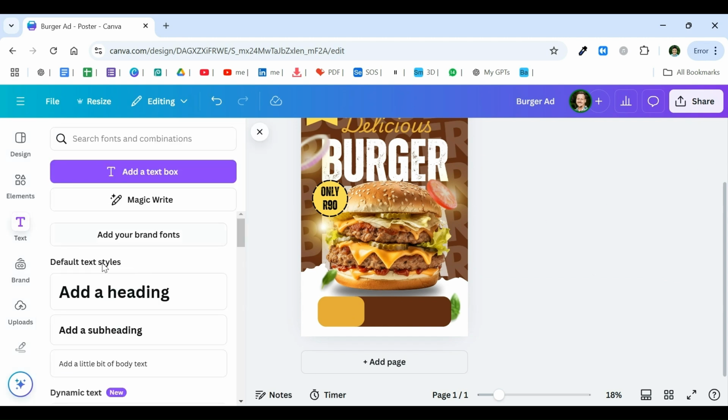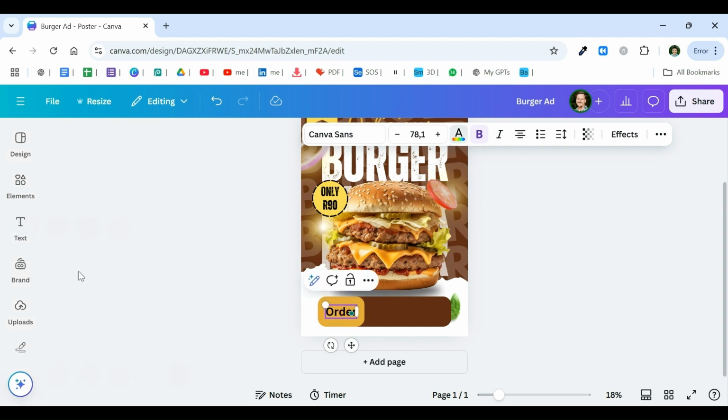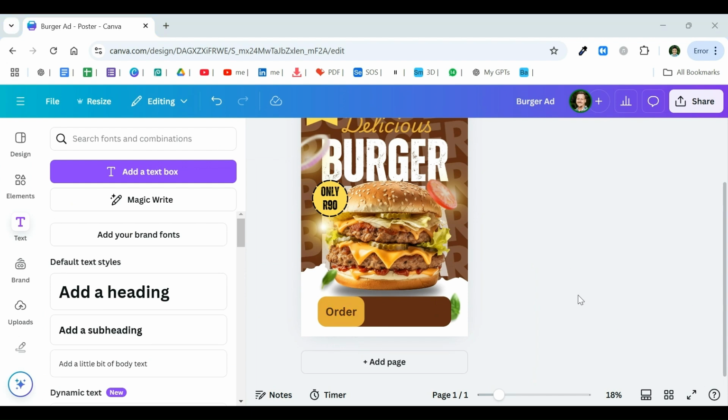And then I'm going to add in a text block now, and I'm just going to type in order. Make it roughly about the right size and location that I want. And then we're going to have a look at some tweaks to fine tune that. First of all, I'm going to change the color of this order word so that it's matching the color block